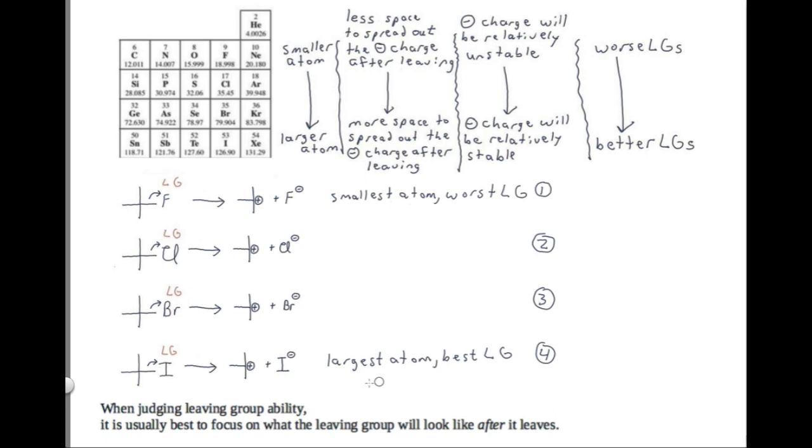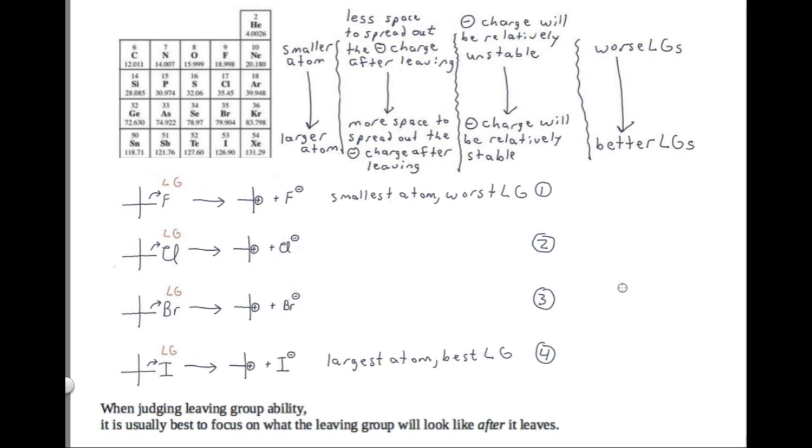Notice that we used this idea that when judging leaving group ability, it's usually best to focus on what the leaving group will look like after it leaves. The key thing is that after these leaving groups leave, they're going to have to try to stabilize this negative formal charge. So the best leaving group is going to be the atom that will be best able to stabilize